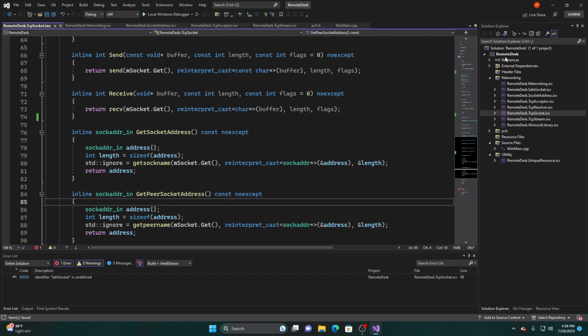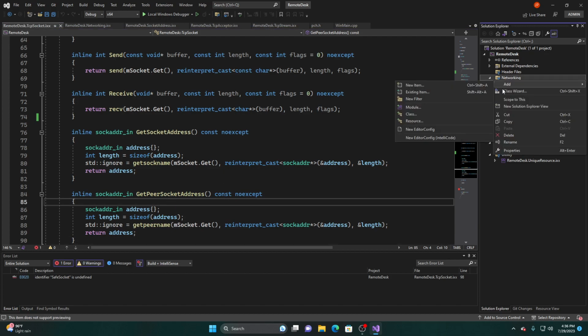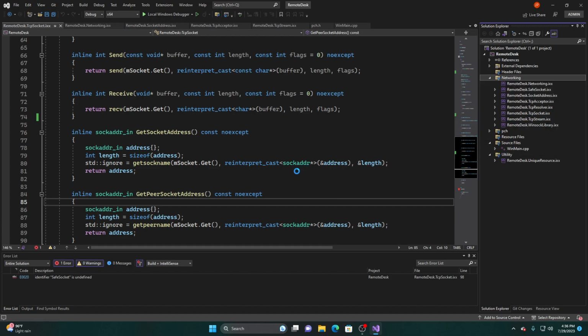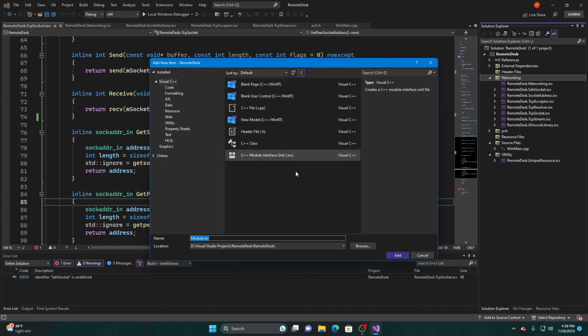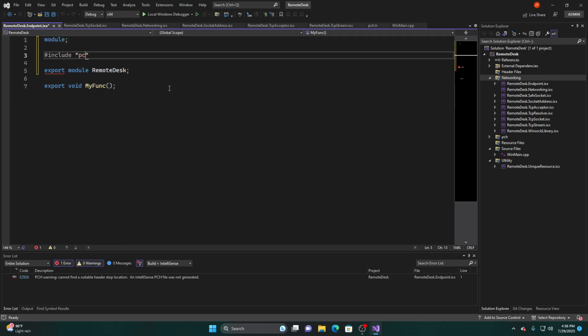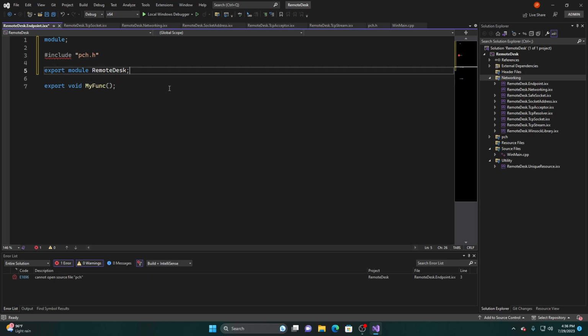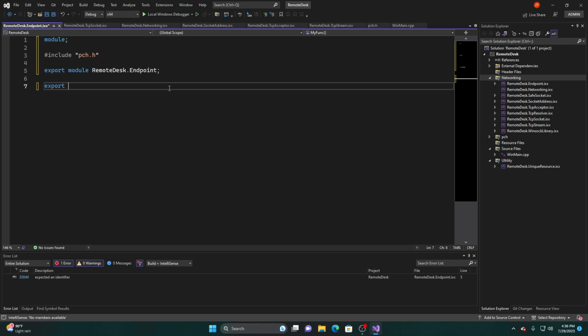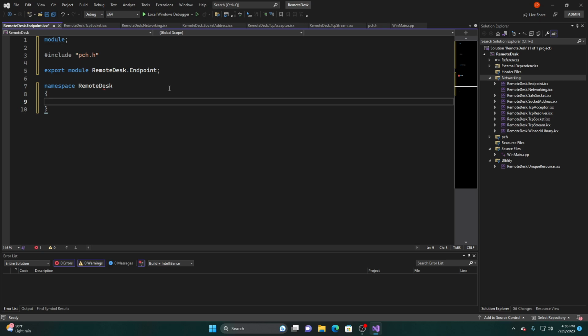The first thing I'm going to do is create a module. I keep wanting to use classes, but I said I would use modules for this. Remote desk dot endpoint. And remember, we're using a precompiled header. So remote desk dot endpoint, and I want to put this in a namespace of remote desk. Now,